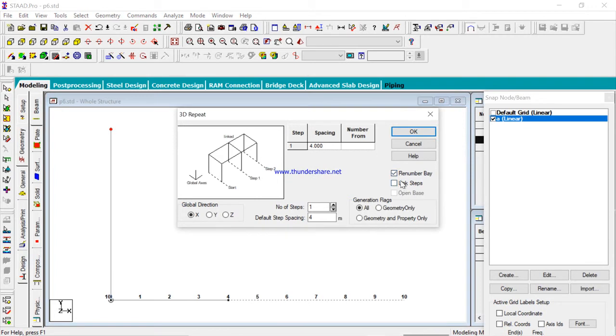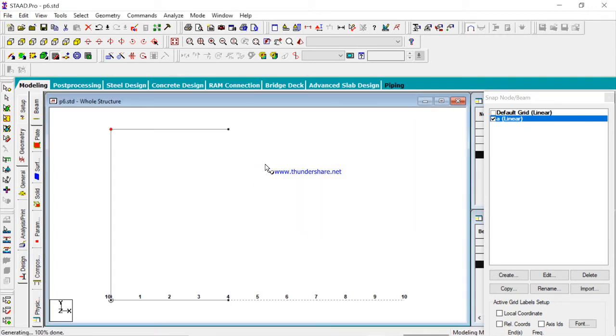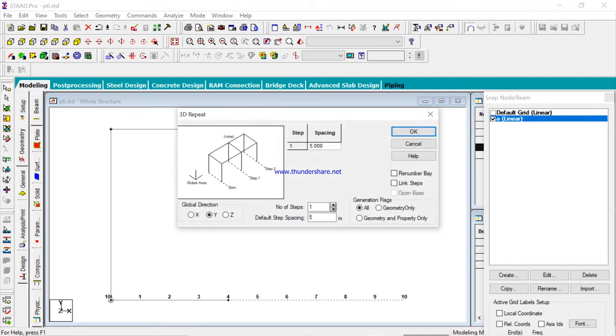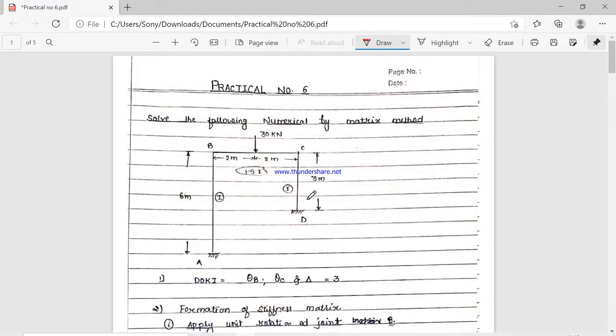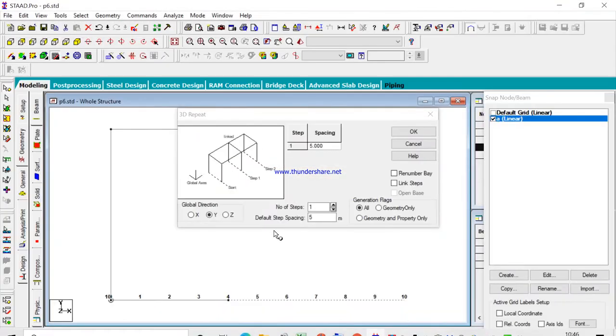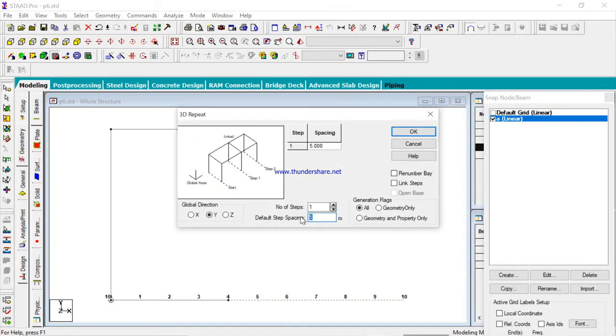Link step and okay, like this. Again vertically, it is in the y direction, and the distance is 3 meter. While considering the distance, you have to write it as -3, because we are going in the global y direction but towards the downside.